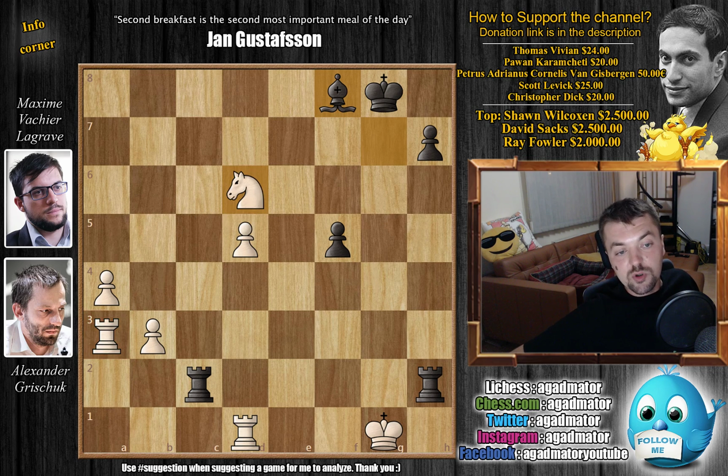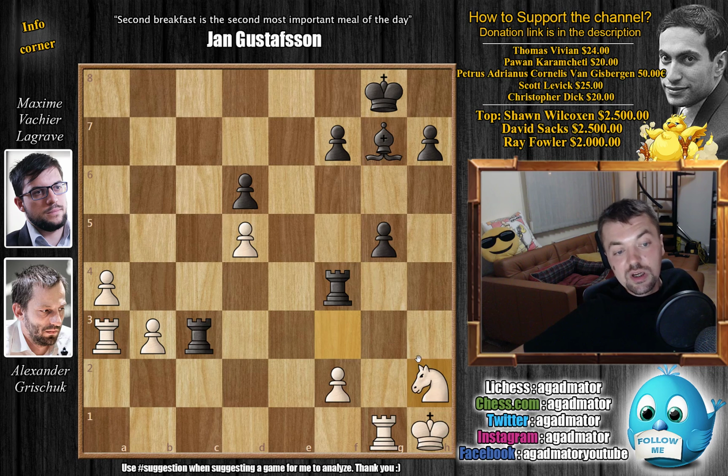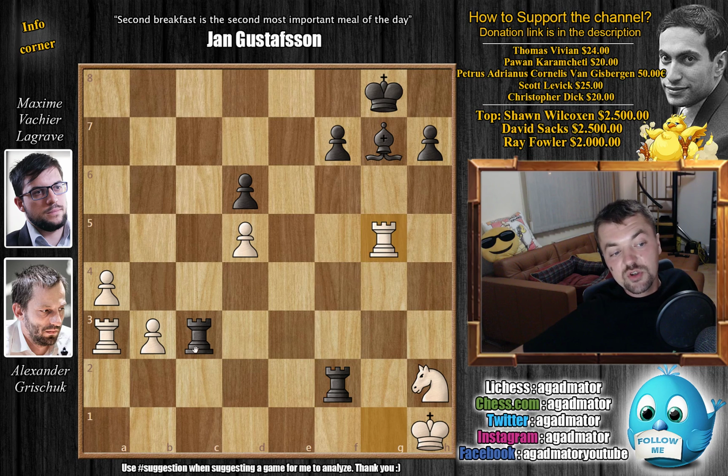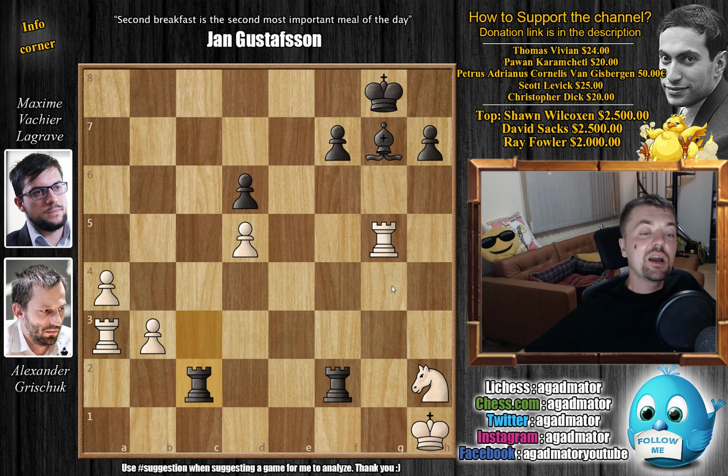So, not possible. Grischuk tried knight to h2, but here Maxime played rook captures on f2, threatening rook to h3, and, well, just checkmating white here. We have rook captures on g5, but here Maxime just played rook c to c2, and it was in this position that Alexander Grischuk resigned the game, and, well, he did it for good reason, because whatever you play here,